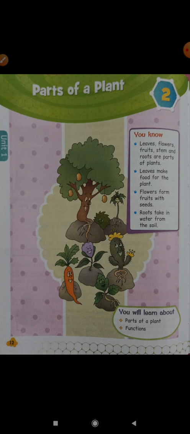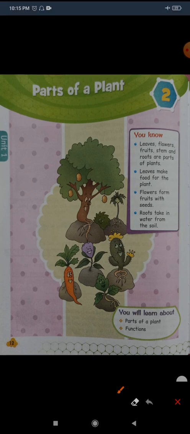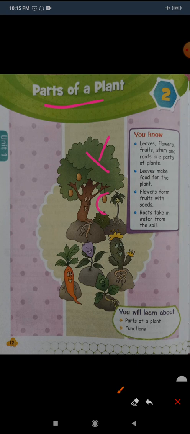This is again Seema Kwani in front of you, and today I'm going to make this video for the recapitulation of the chapter Parts of a Plant. So just a quick review for you all. As the name of the chapter says, you should know the names of the parts of the plant. This is leaves, this green color is leaf color. This is fruit, this is flower, this is stem, and this structure here is called root. So these are the parts of the plant.